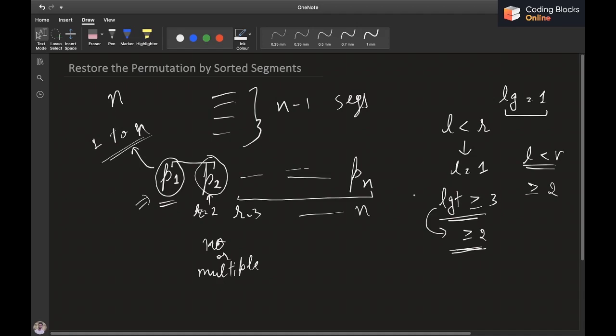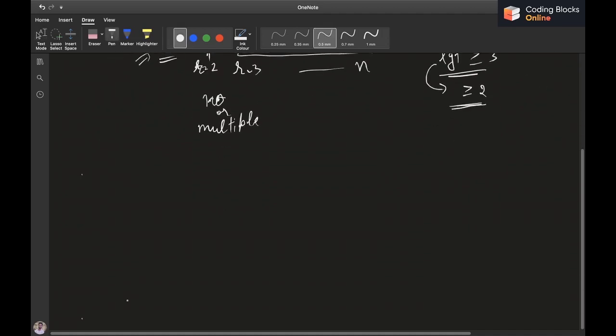Before writing code, we'll see how we are going to go about it, because we have to do it within the time complexity as well. So let's just discuss it briefly, and the rest of things you'll be seeing during the coding part.